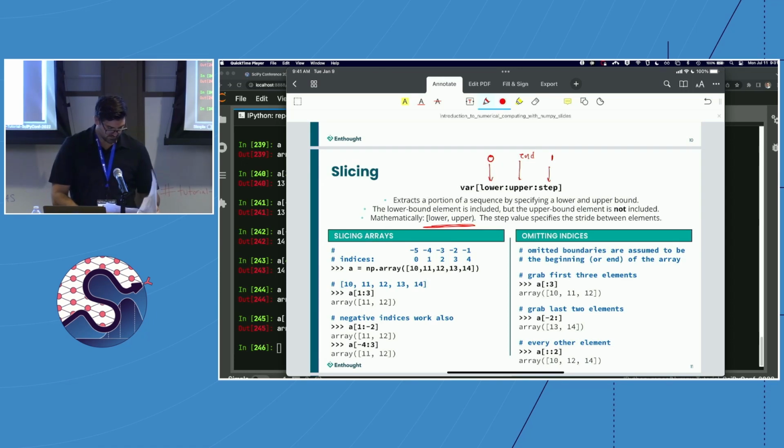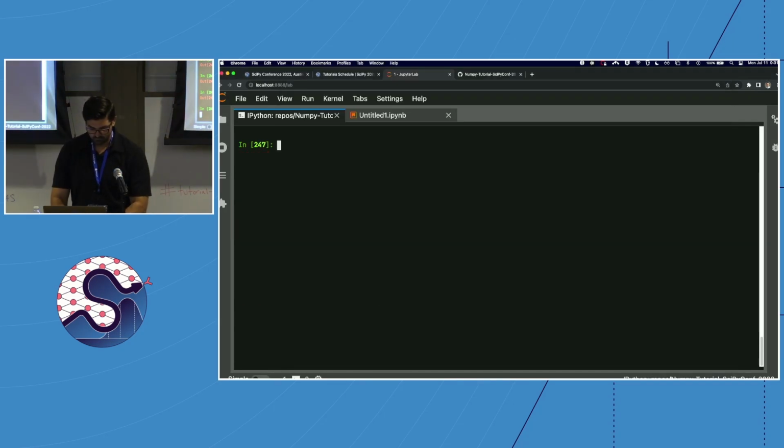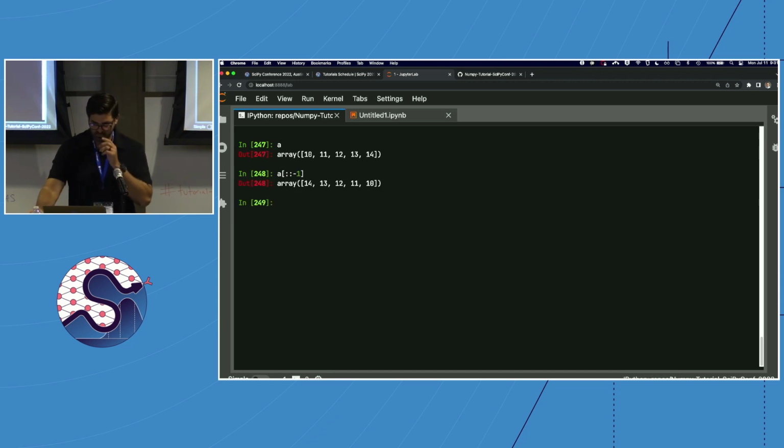Okay, so we are on slide 11. Did we think about why? So why does [::-1] work? So I go back to, so we have an array A. Why does this work? And why does it print from the back forward? Yep, that's right. So if we go back to our slides,